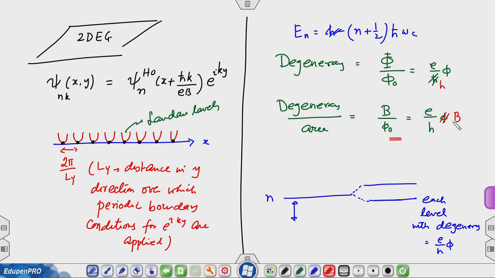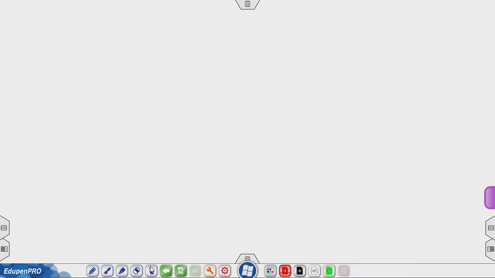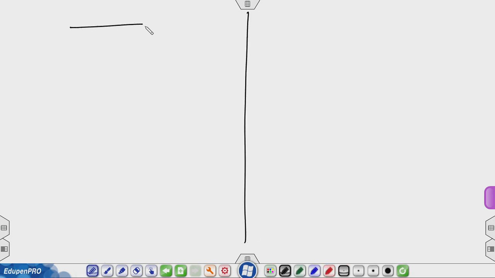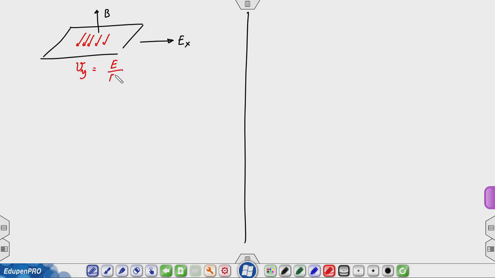Now, I can give you a very simple explanation for the quantum Hall effect, and that is as follows. In this sample, here is E x, here is B, and when I apply these two, I showed you yesterday that electrons tend to drift this way with speed v y equals E over B. So, let us write it E x over B,